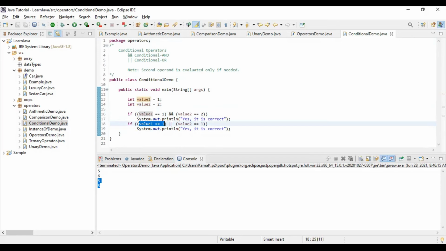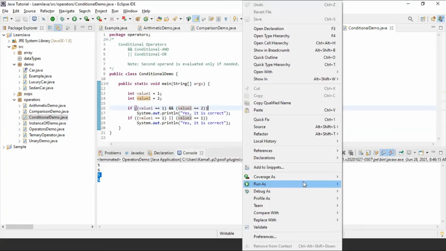If value 1 is 1, or, this is the sign of conditional or, it is called the pipe sign. If value 1 is 1 and value 2 is also 1, then it will print this. Let's see what the output is.